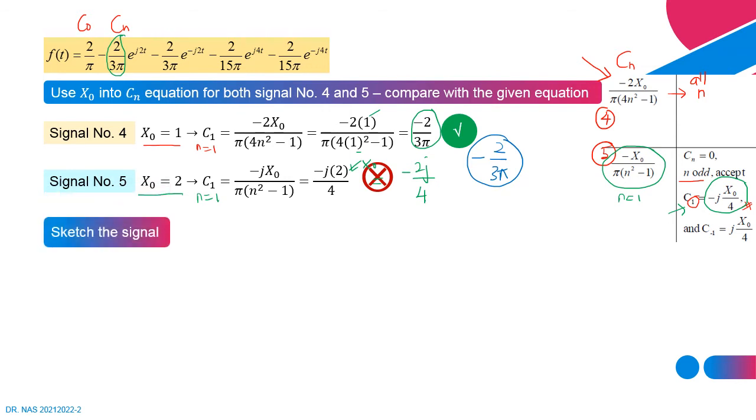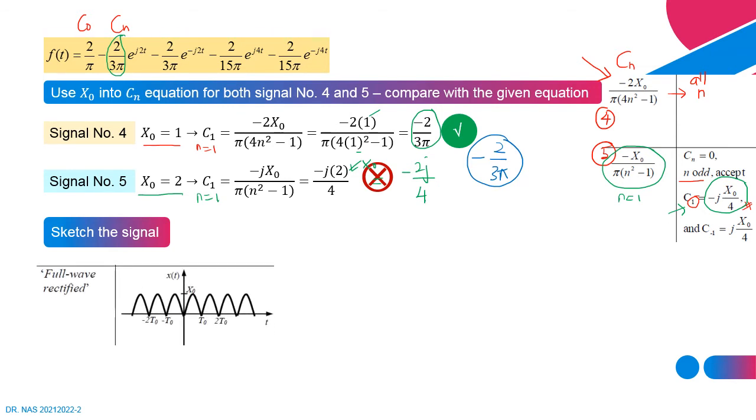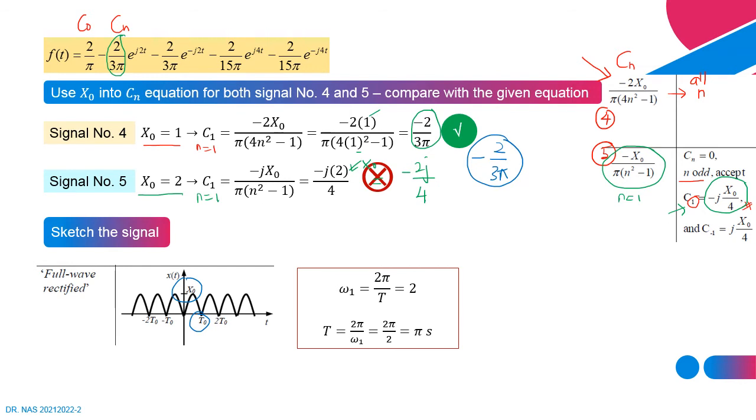So next, you need to sketch the signal. Okay, first sketch the signal from the table because we want to know which variables or parameter to be addressed in our sketch. Okay, next you need to consider the x0 values. So we choose signal number 4, and then the x0 equal to 1, while the t0